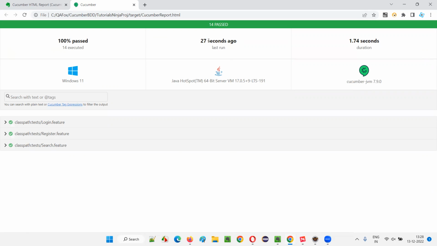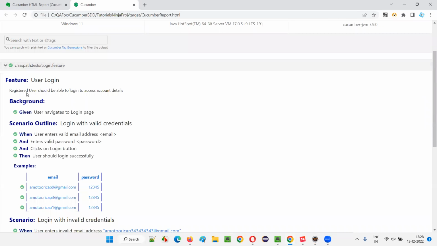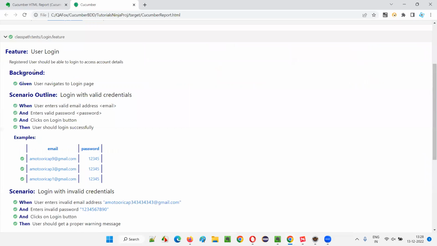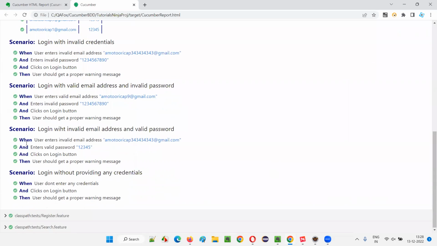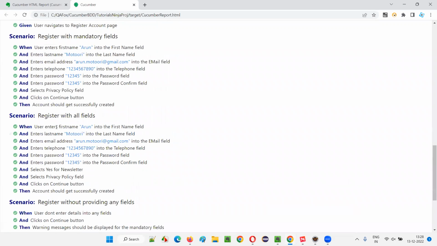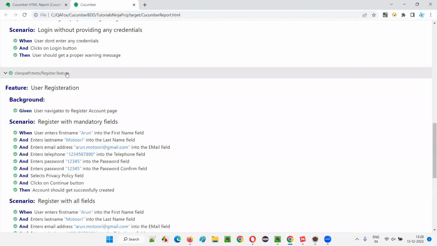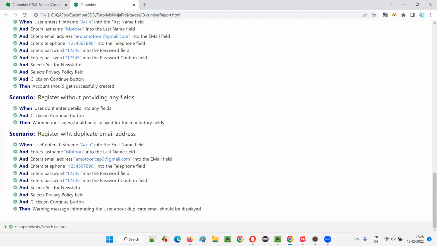And it took 27 seconds ago, the test got executed, and it took 1.74 seconds of duration to run the test. Okay, and these are the results. This feature file, that's the login feature file. You see, this login with valid credentials got executed with all the three sets of data. Then other scenarios got executed. Okay, total 5. And then in the register feature file, you see these are the 4 scenarios which got executed,